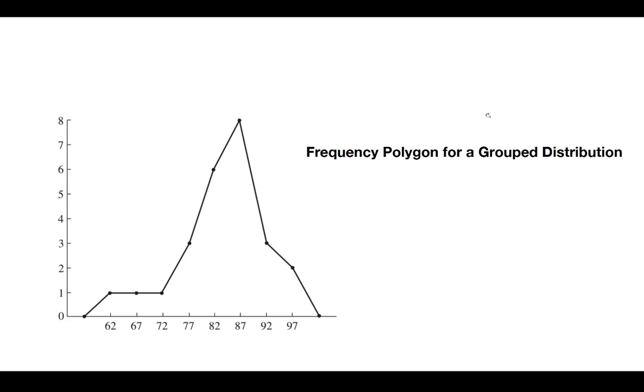So place dots on the horizontal axis, and that is to represent zero frequency on either side of the distribution, and that is at the midpoint of the next interval below the lowest and above the highest. Connecting the polygon to these additional dots on either side closes the polygon, with the horizontal axis serving as one of the sides, and thus the frequency polygon encloses a particular amount of area,